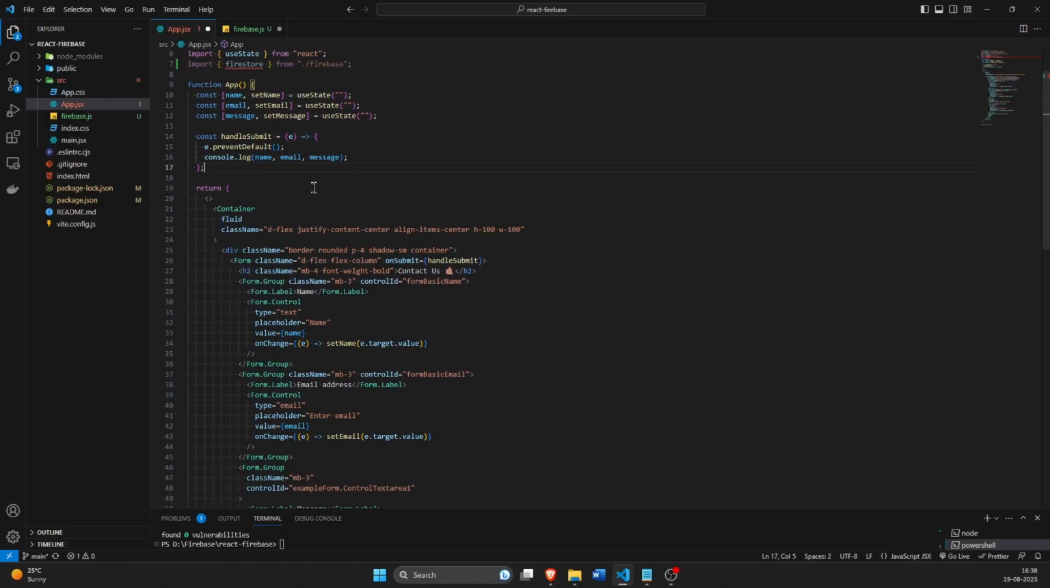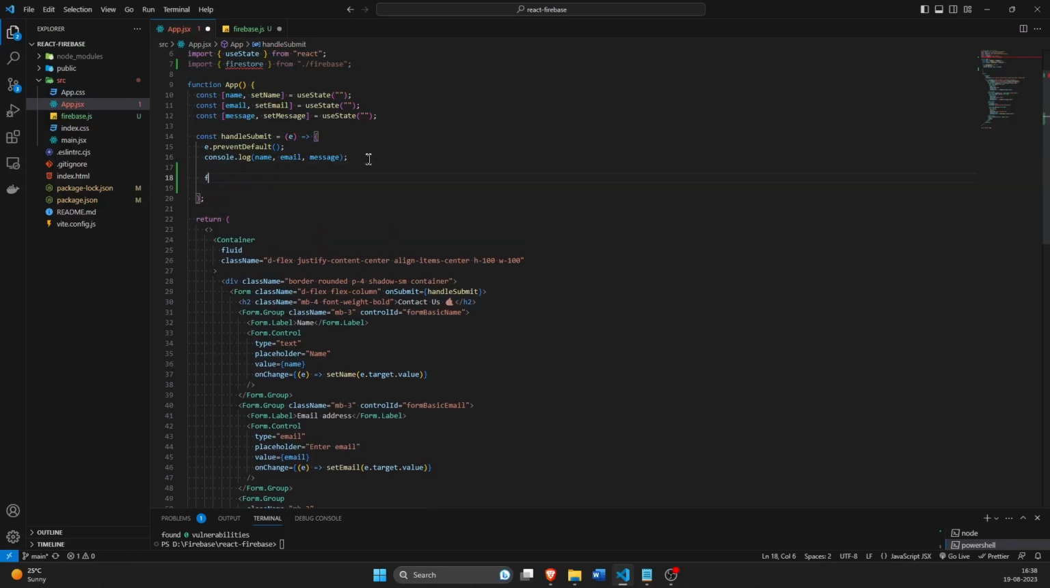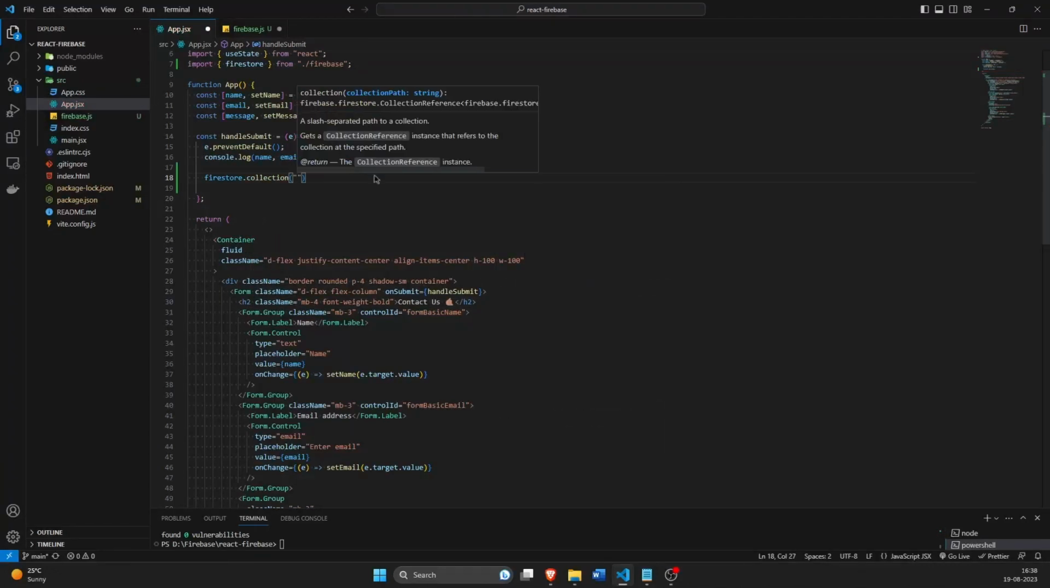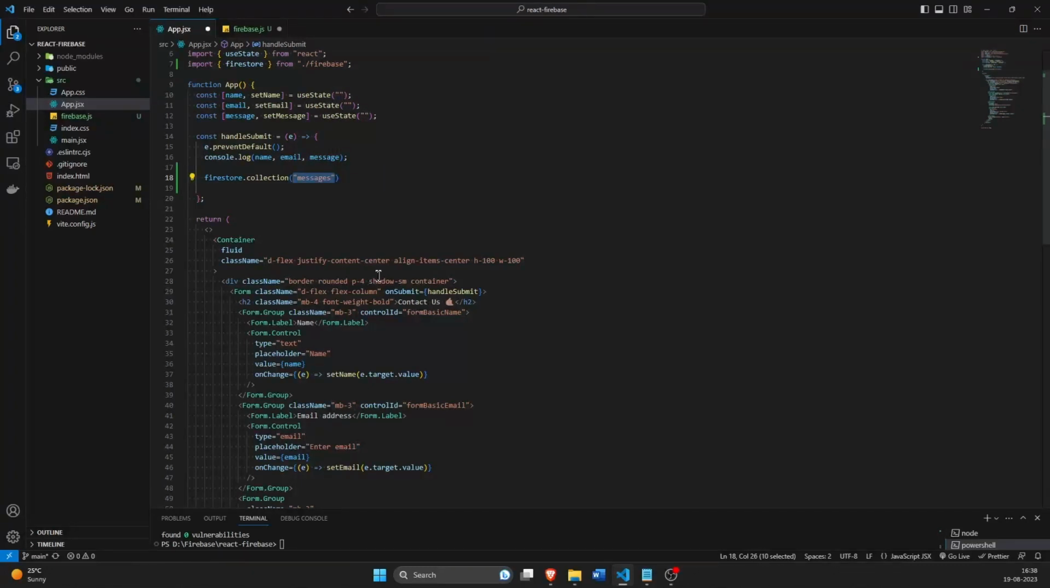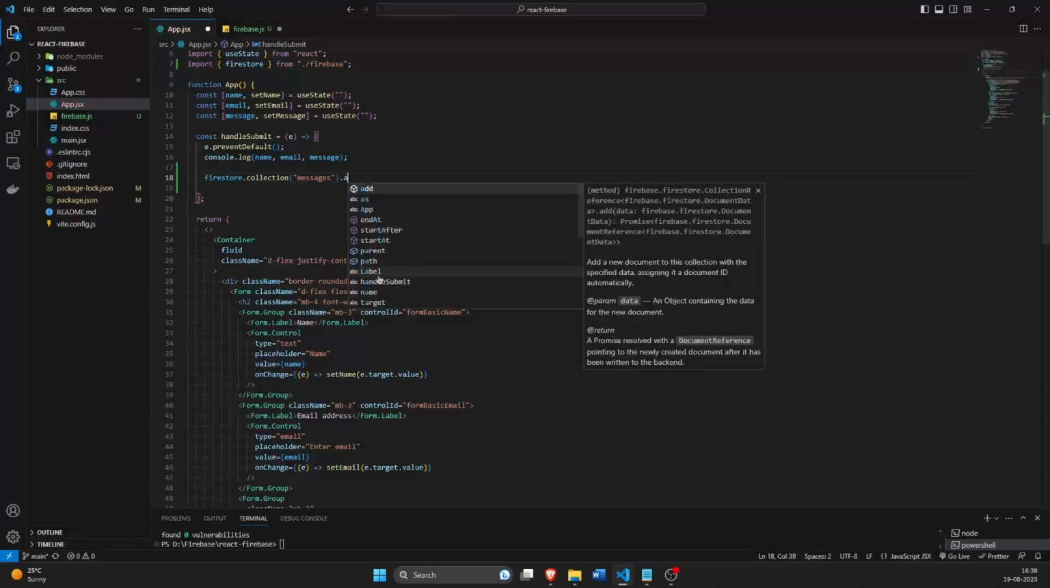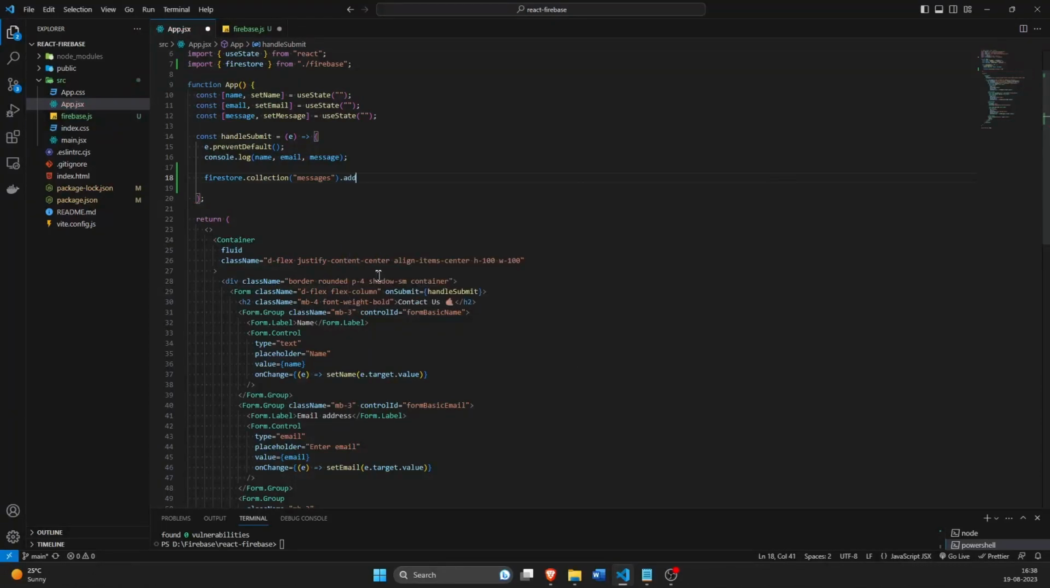So if we go down within the handle submit, what we can do is firestore.collection. You can name this collection anything. I'll name it messages. You can name it anything that you like. This is just the name in order for you to identify where your info is stored. So the collection, we can name it as messages. Within this collection, we can run a function add, and within this add, what we'll add is